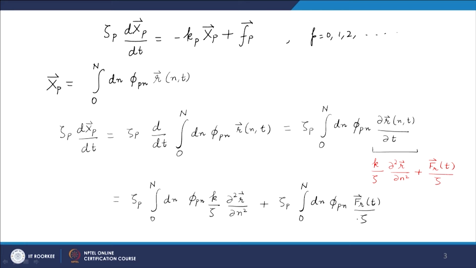So, we will first do the integration by parts over the first term, and then we worry about the second term here. So, let us look at the first term,